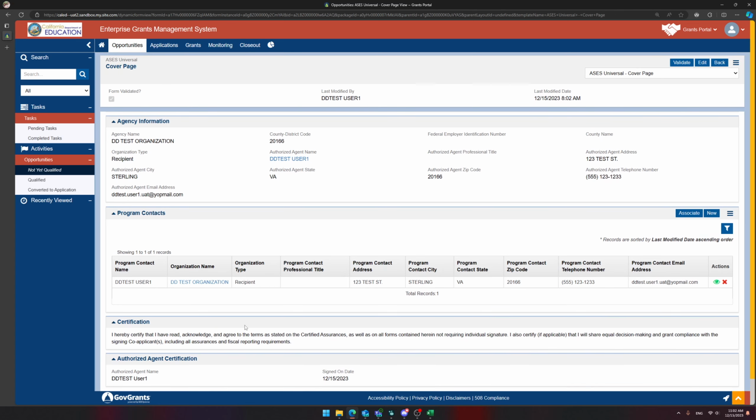Very simple form. For a more complex form, such as the award calculator form, we're doing calculations, formulas, and logic to make sure that everything lines up with the budget before the form can be validated. So validations can be very simple, like in this case, or very complex, such as in the award calculator form.